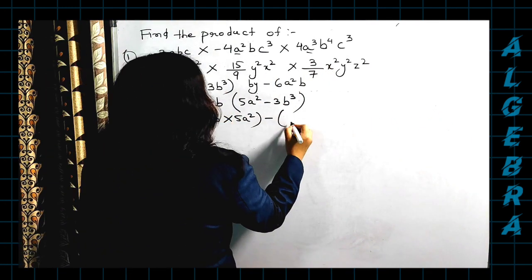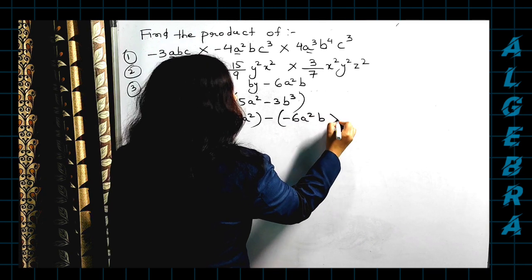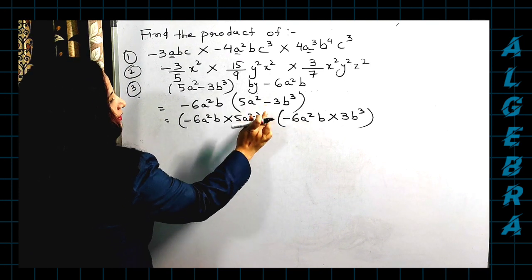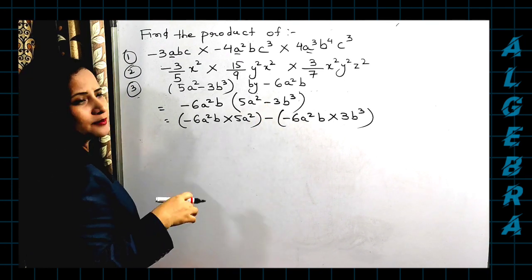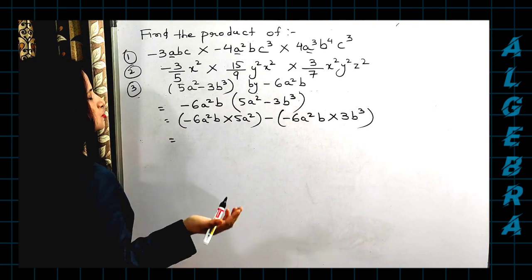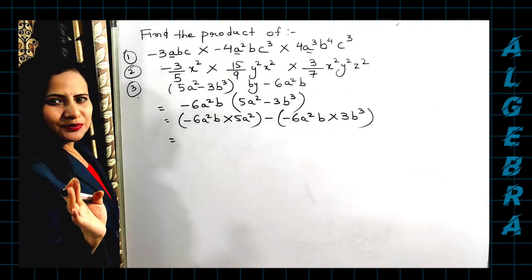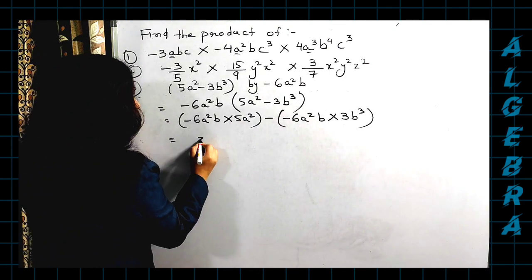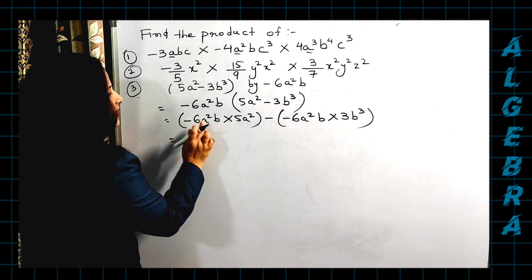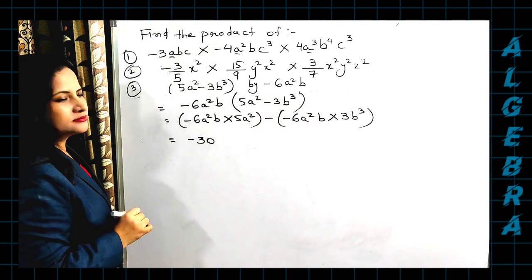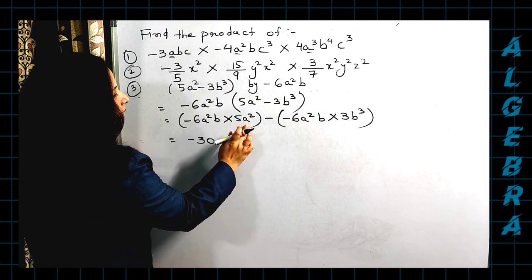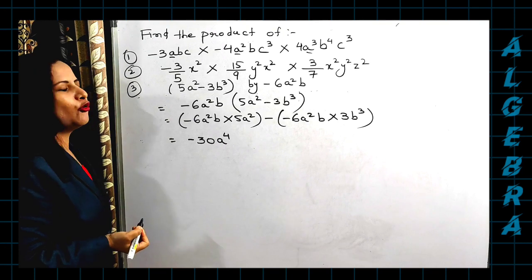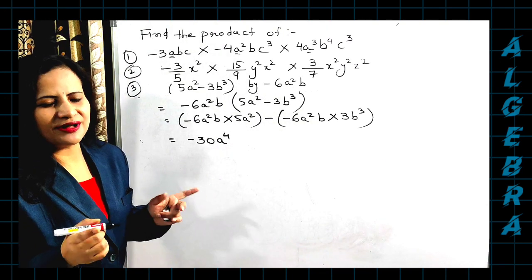Then minus 6a square b is then multiplied to 3b cube. This is the minus sign. Had it been plus here, you should have written plus. Okay. Now let us multiply as usual. First multiply the number part. Now you can do it orally. Please try along with me. 6 5s are 30. Minus into plus, minus. A is having the power 2 here. A is having the power 2 here. Both the bases are same. So it will be a to the power of how much? 4. If you can write directly, it's well and good.